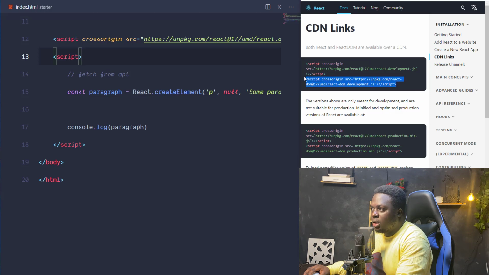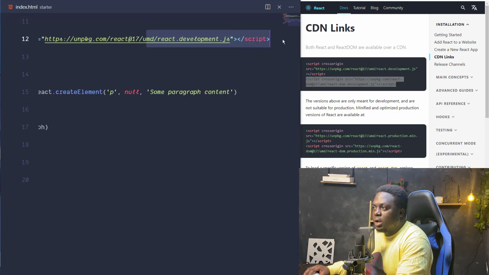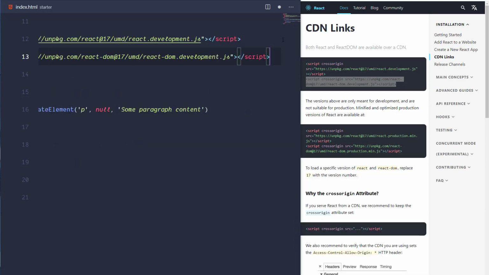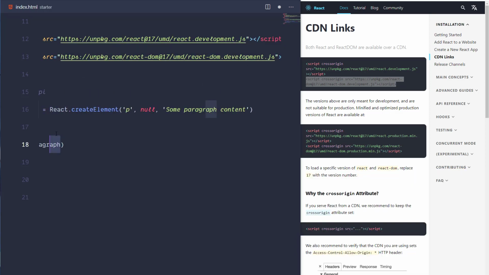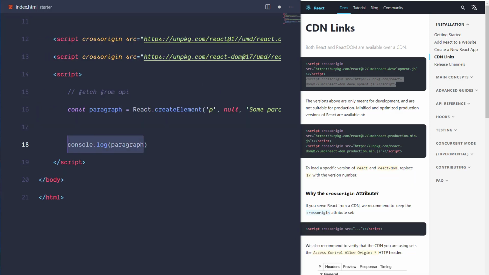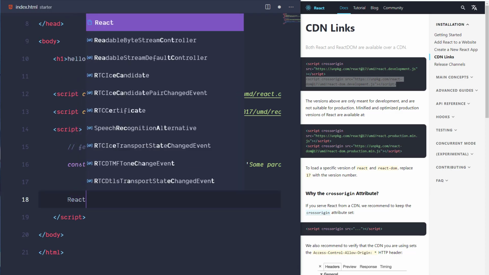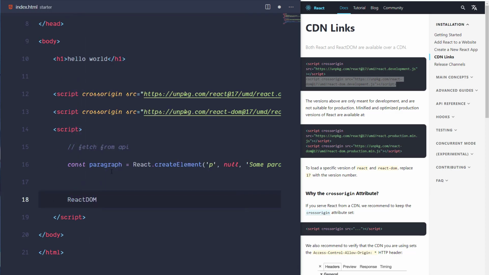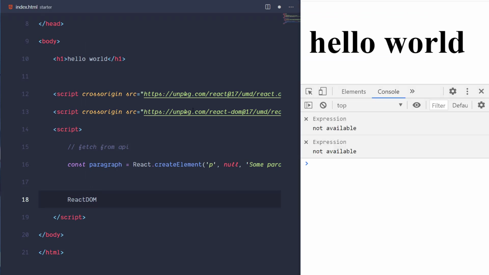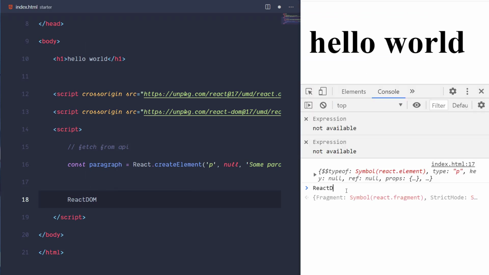So I would copy that link and I would add it to our script. So that's React DOM. So how does React DOM help us? We are going to render that element on the page using React DOM. So we are going to come here and we would say ReactDOM. And if you do not know what you're supposed to type here, you can refresh the page. I'm just going to refresh. And now if we say ReactDOM,